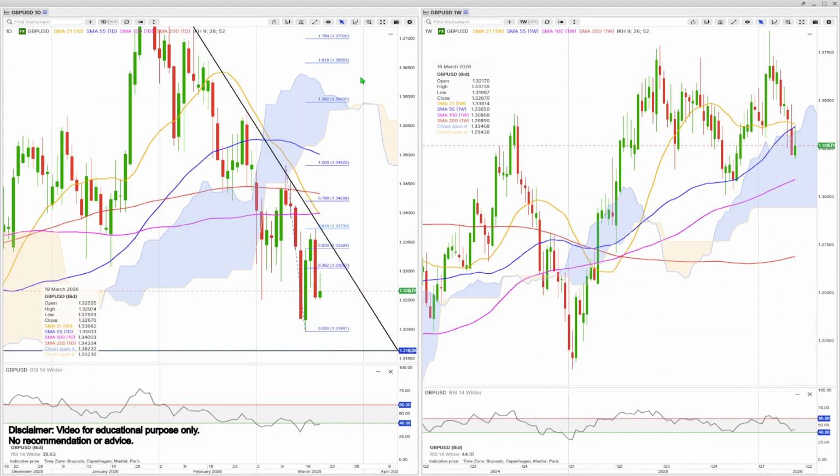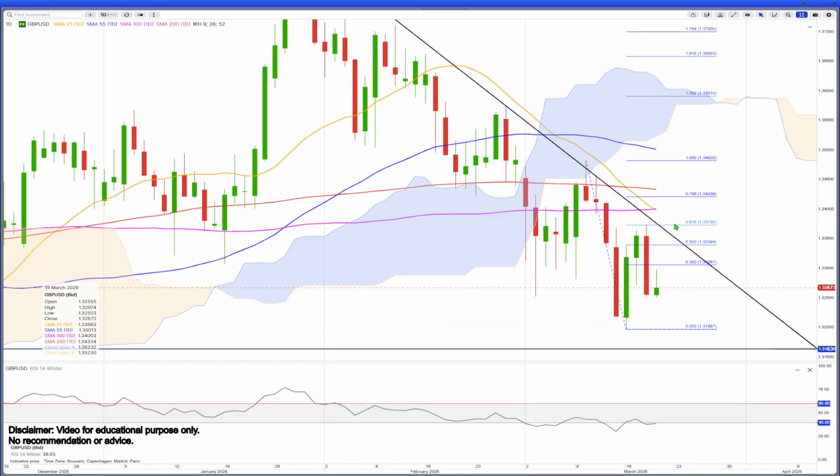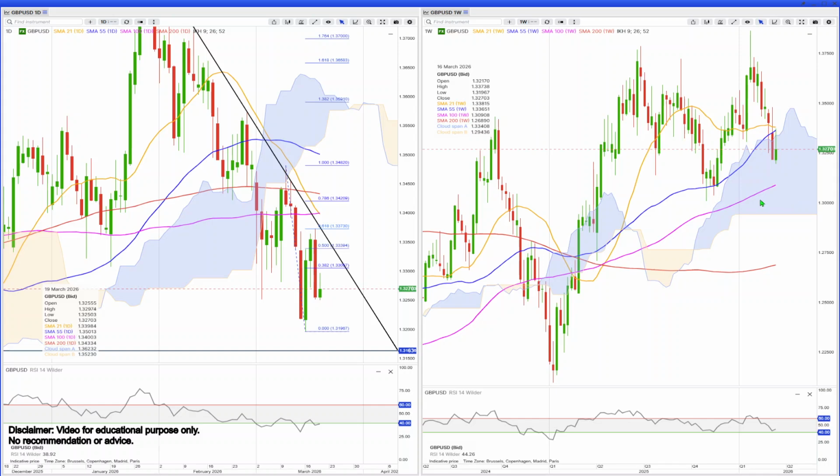Sterling dollar also got rejected here, and let's just zoom in very quickly. Got rejected at a 61.8 retracement there at 133.73, and the upper rising trend line is still dragging on it. Negative sentiment, no divergence, indicating lower levels. If it takes out the lows here from also the 16th, well, then we could be in for much lower levels in the region around 130. It won't happen in one day, obviously, but it could happen in a week or two. Then we have the 100 weekly moving average coming up, giving us some support, and it's still positive sentiment here on the RSI,